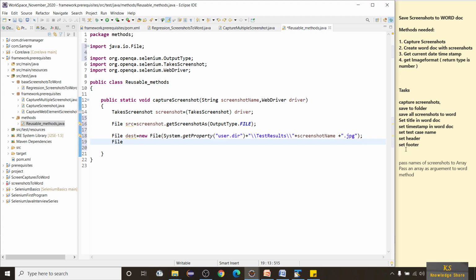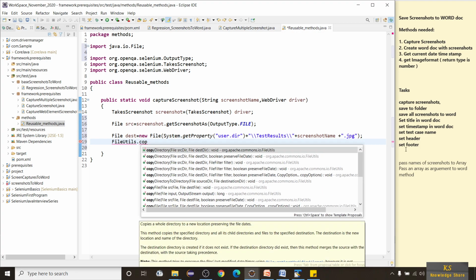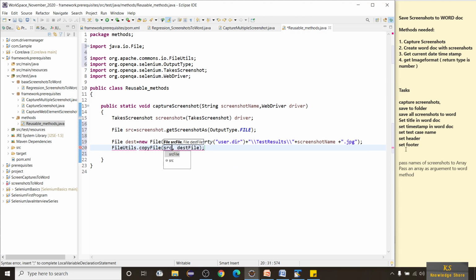And now you have to use FileUtils.copyFile, right? So you have to copy the file from source to the destination which we already have. So just put this.